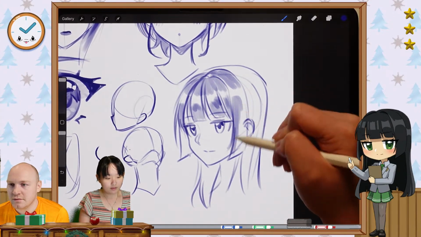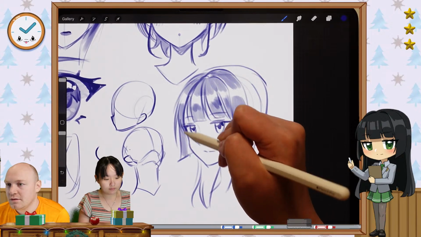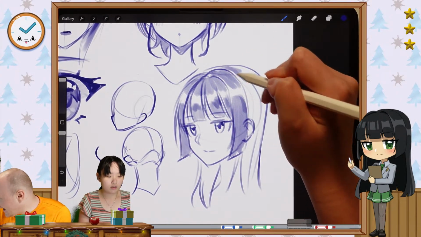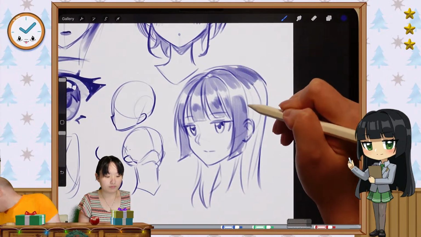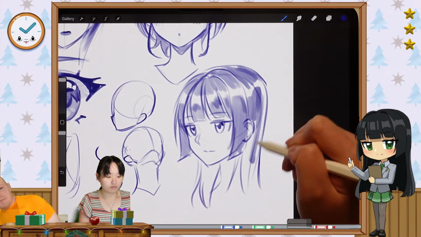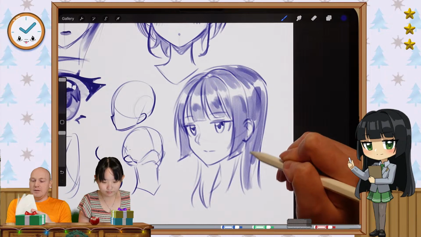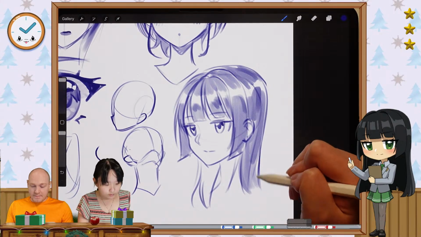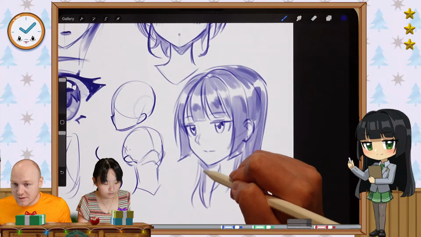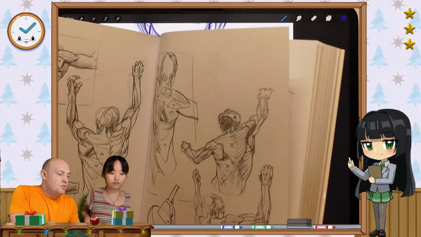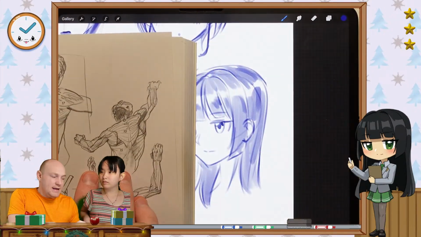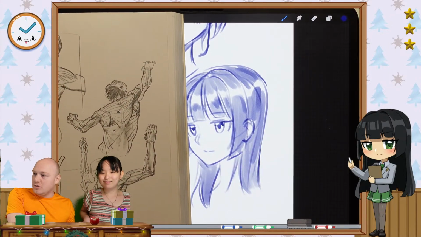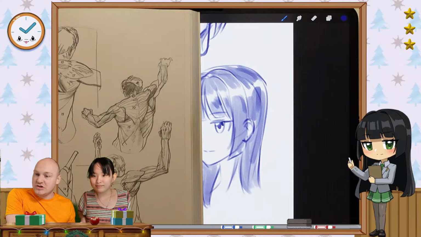Fastest way to improve anatomy? Draw it a bunch. Buy anatomy books and take the actual books, open them up, and like Morpho, for example, take the anatomy specifically, which is like muscles and information. Take the book, open it up, and copy all of the drawings over and over and over again. That's how you will memorize the muscles and the shapes.